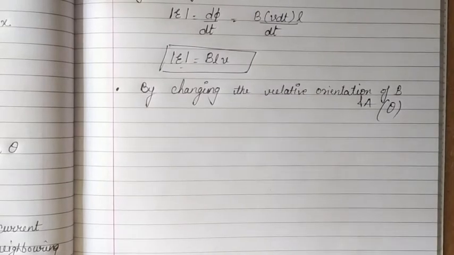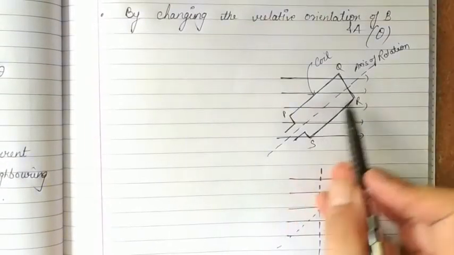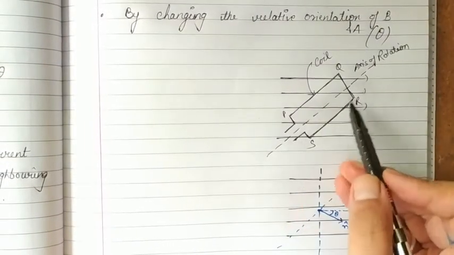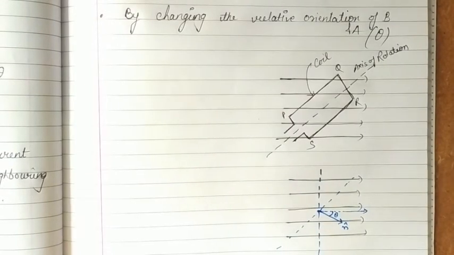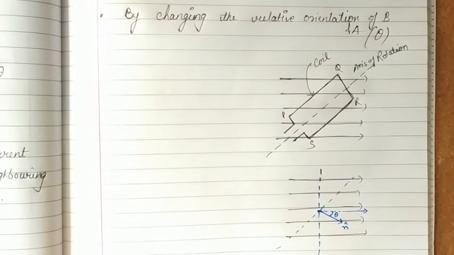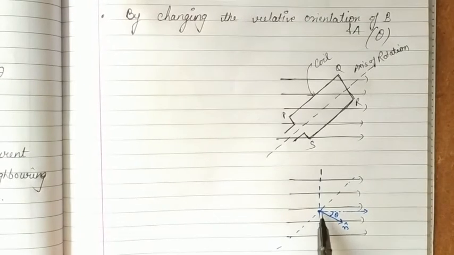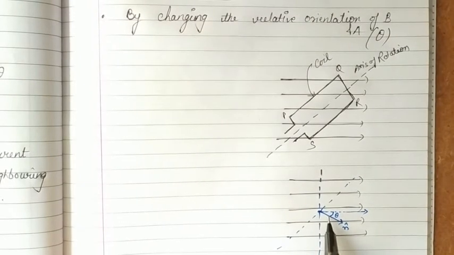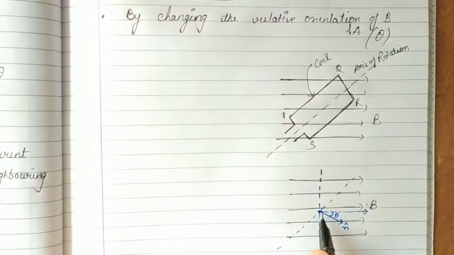So let's draw the diagram for that. We consider a coil PQRS with its axis of rotation perpendicular to the field B vector. Now the flux through the coil, when the normal of that coil makes an angle theta with the field. So this is the normal to the coil. This coil's normal is making an angle theta with the direction of the field. This is the direction of field B, and this is the normal. N cap is the normal to the coil, and it makes an angle theta.